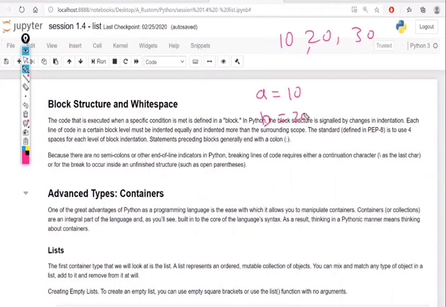Like B equal to 20, C equal to 30, or A equal to 10, A equal to 20. It's going to be messed up data, and I cannot interpret anything. What if I have an option to store 10, 20, 30 in a single variable so that I can maintain this data?